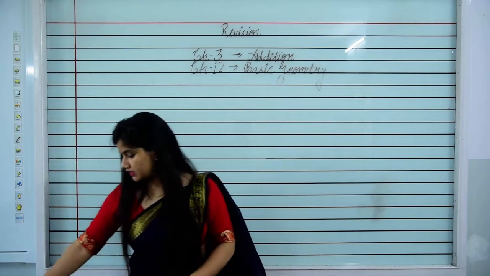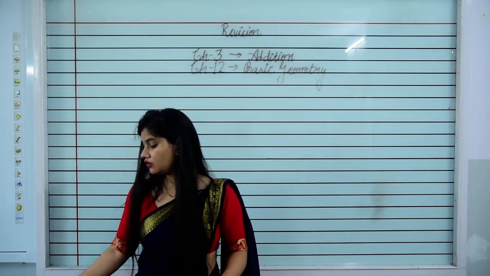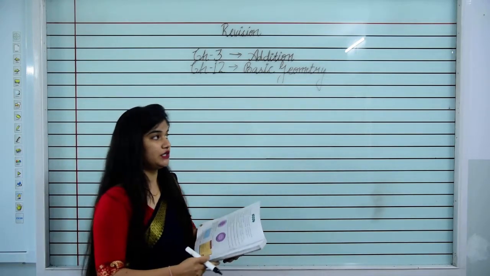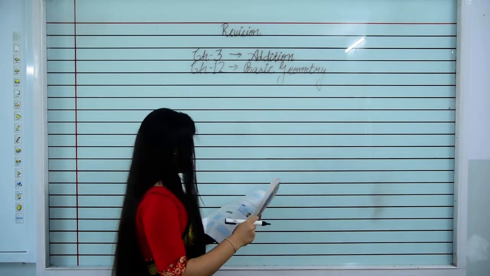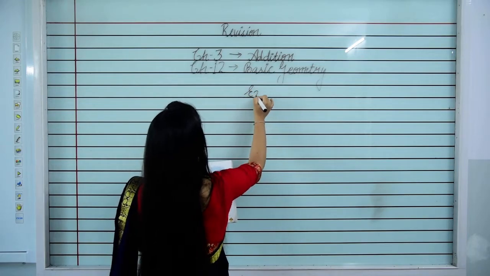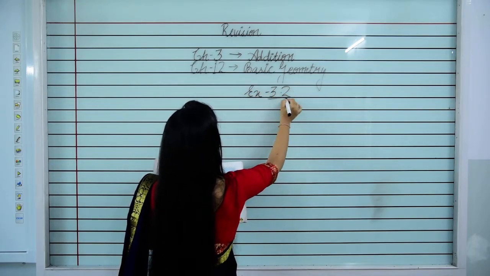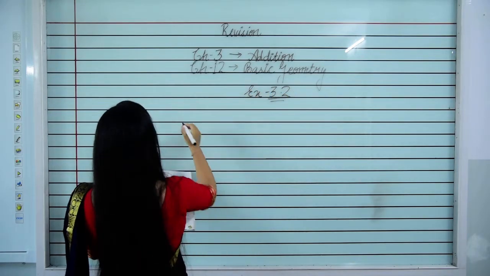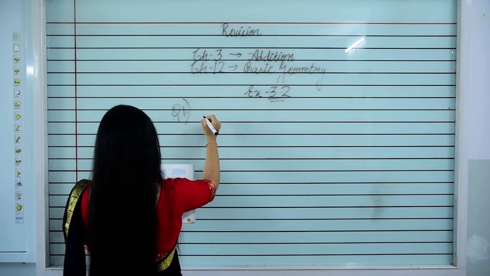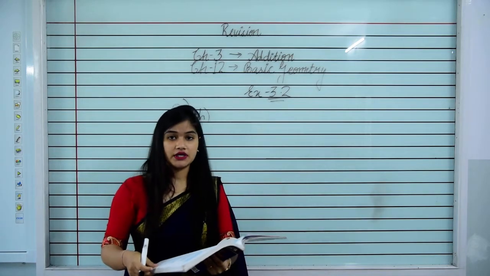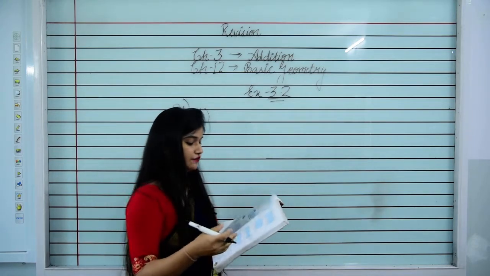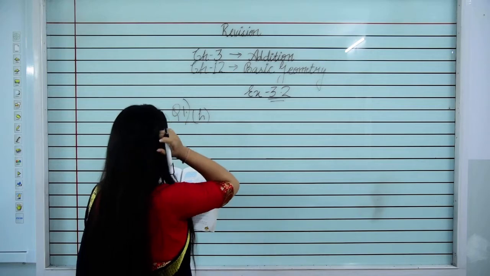And the next topic is addition of 3 or more numbers. Now we'll see the addition of 3 or more numbers. So students, open page number 30 and we are taking exercise 3.2 on page number 30. Question number 1, and we are taking H part of this question. Question number 1 is find the sum. It means we have to find the sum of 3 and more numbers.